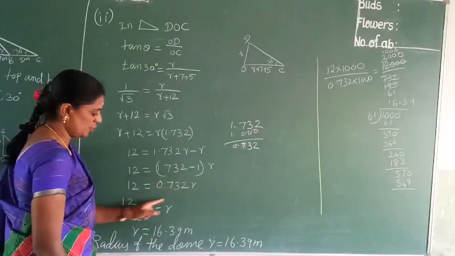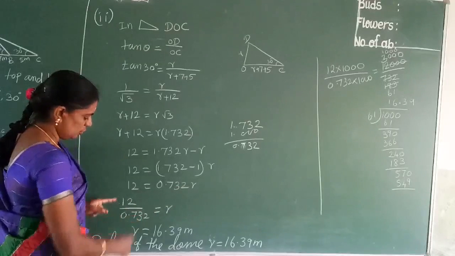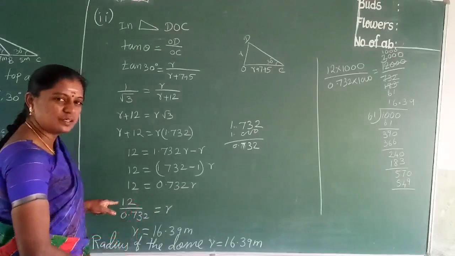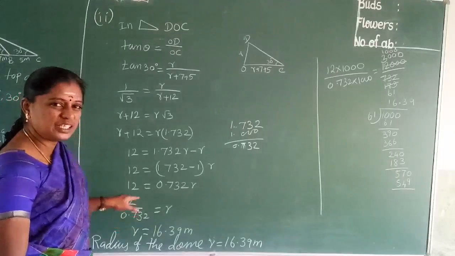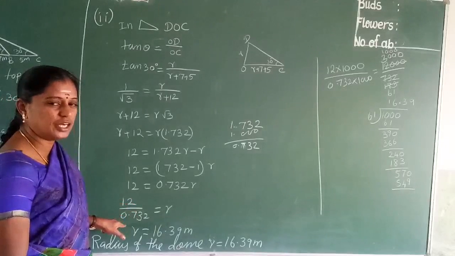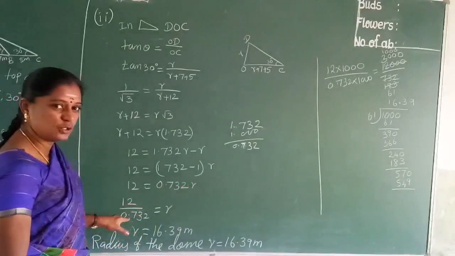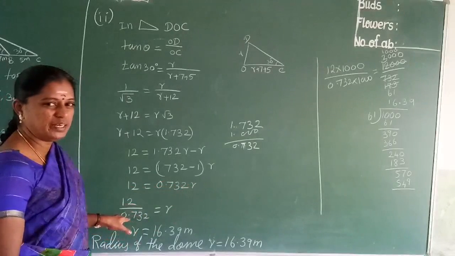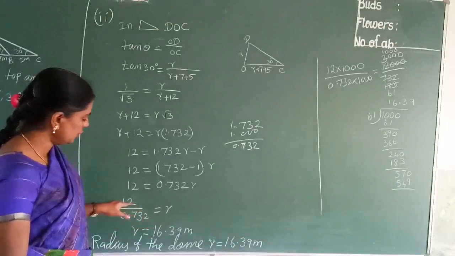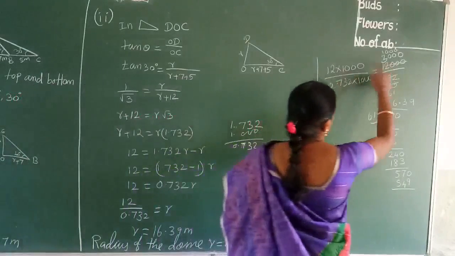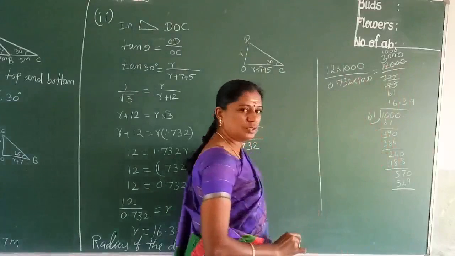R is equal to this 0.732 multiplication, coming this side to divide. So 12 by 0.732, this one you simplify. We already worked out the same model. The 12 divided by 0.732 is a numerical division. You studied this in lower classes, no? You work it out in a rough column and then write it. Here there is a decimal, so you convert it into a whole number. To get a whole number, multiply and divide by 1000. 12 into 1000 by 0.732 into 1000. You get 12 with 3 zeros divided by 732.